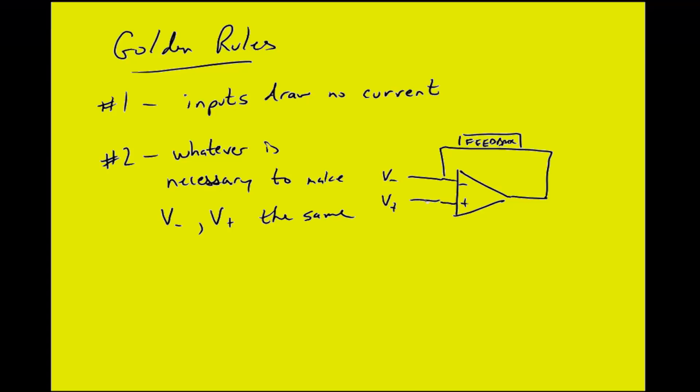What that means is that if we assume an infinite gain, the output will be very large, in fact infinite, but it'll be very large. And as it comes through the feedback loop, then it will increase the amount of voltage going into the V minus terminal. And basically, V out will continue to increase until there is no difference between the V minus and the V plus, because anytime there's a difference between the V